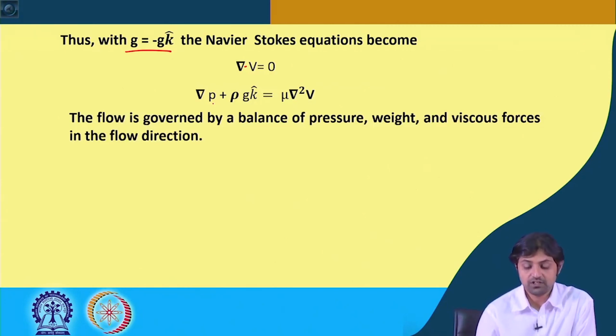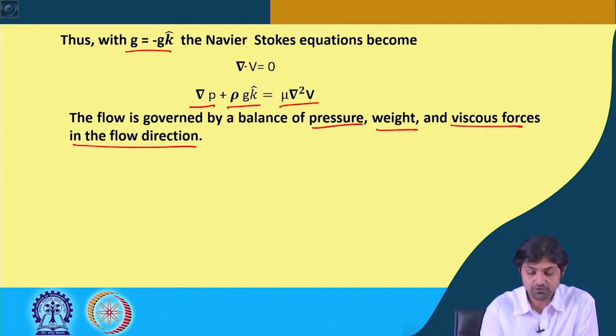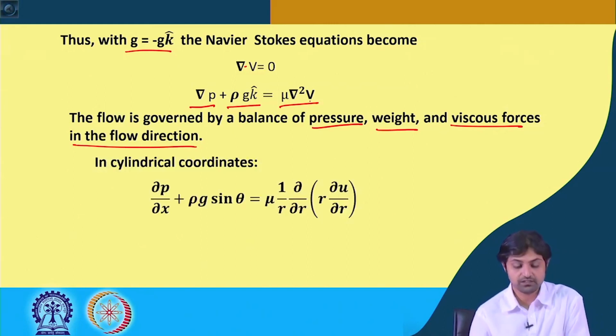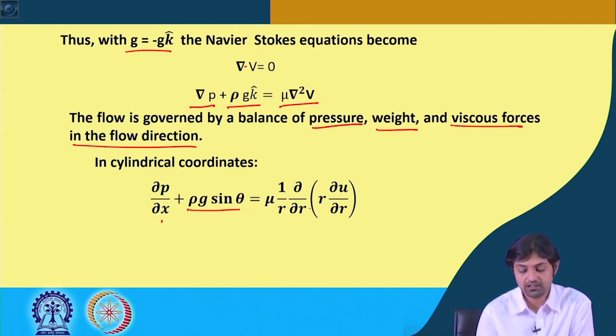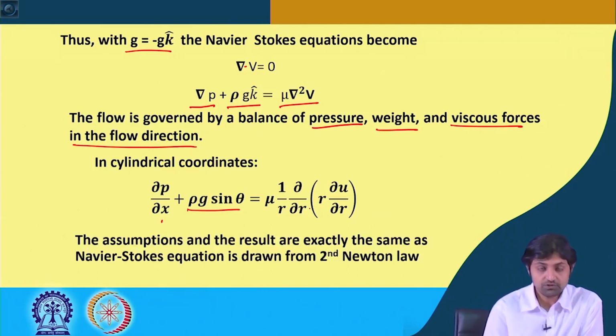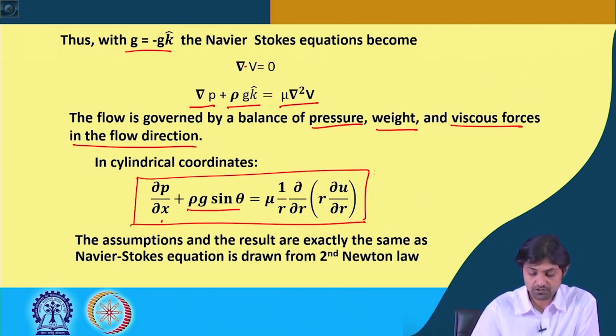Now the flow is governed by the balance of pressure, weight and viscous forces in the flow direction. In cylindrical coordinates, we can simply write del p by del x plus rho g sin theta equals mu times 1 by r del by del r of r del u by del r. So this is using the Navier-Stokes equation,